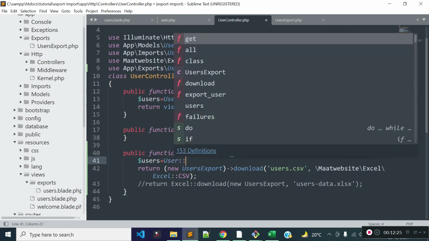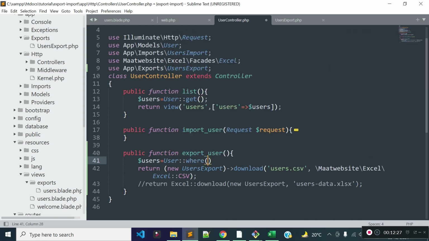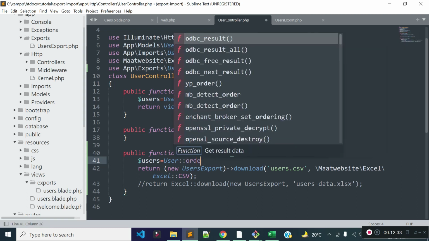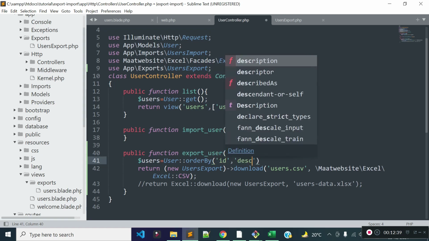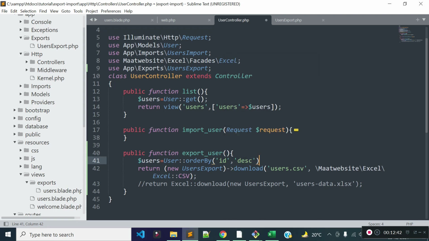Suppose we want to add some query, User::where, or any other query you want to add. For now I am adding User::orderBy ID descending, so I am getting the latest record in the first position, and then let's call the get method. So I am fetching the list of users here in the controller.